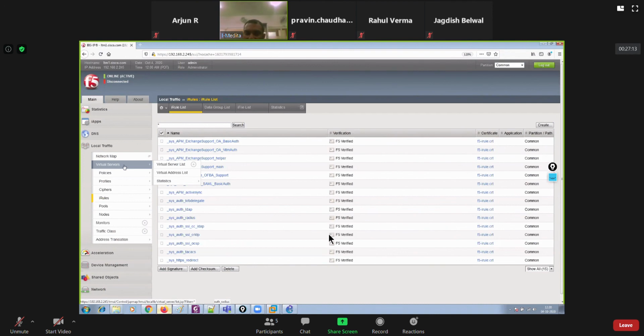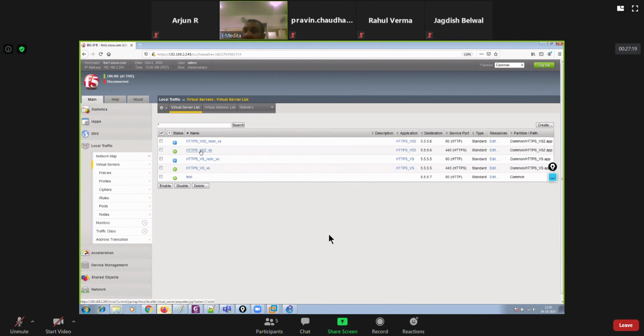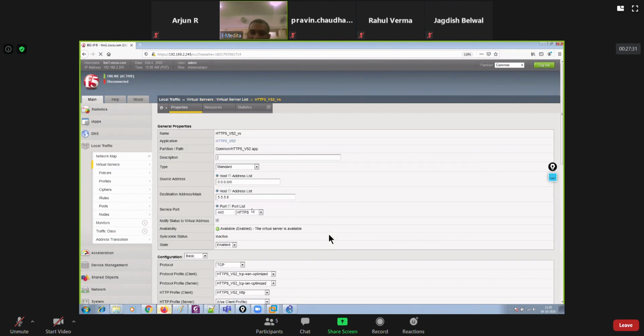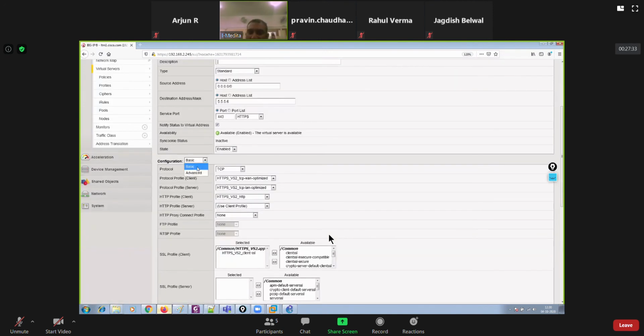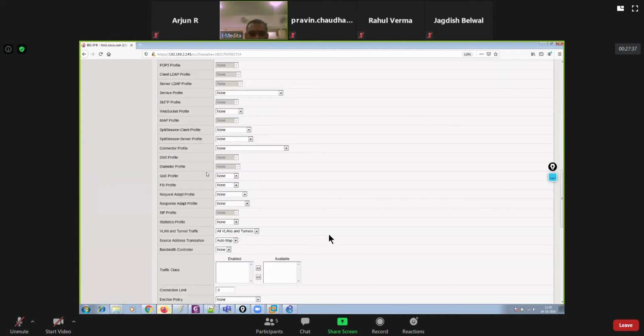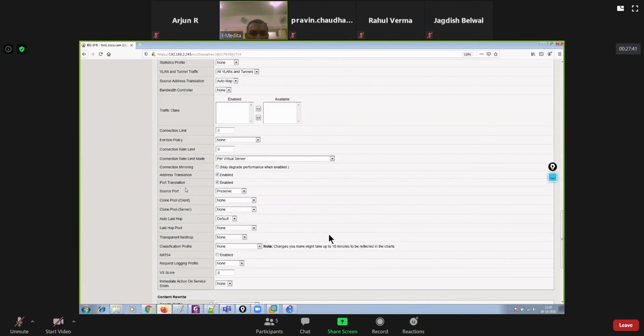Under the virtual server, you have to select one option if you want to synchronize the connection table, like whatever connection table the active unit has should be available on the standby unit as well. For that purpose, you need to go to your virtual server, go to advanced configuration, and thereafter you should have one option over here